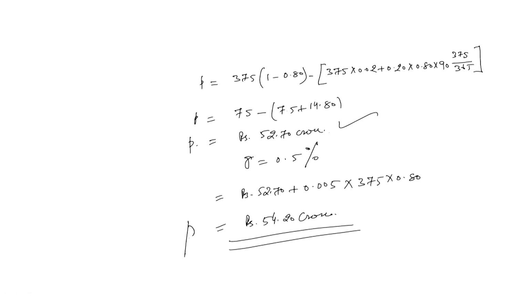So P will be 54, small p will be 54.20 crores. So this is the actual effect of changes in the credit policy, and that is due to the short term changes. So we have seen here that additional profit by selling in the market for 375 crores, additional profit we are going to have here, that is 54.20 crores, which is a substantial amount,